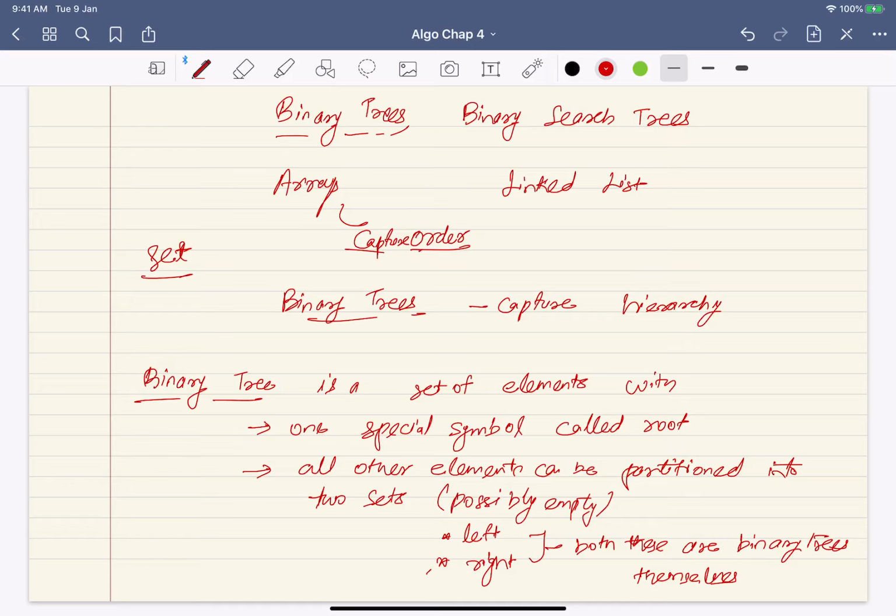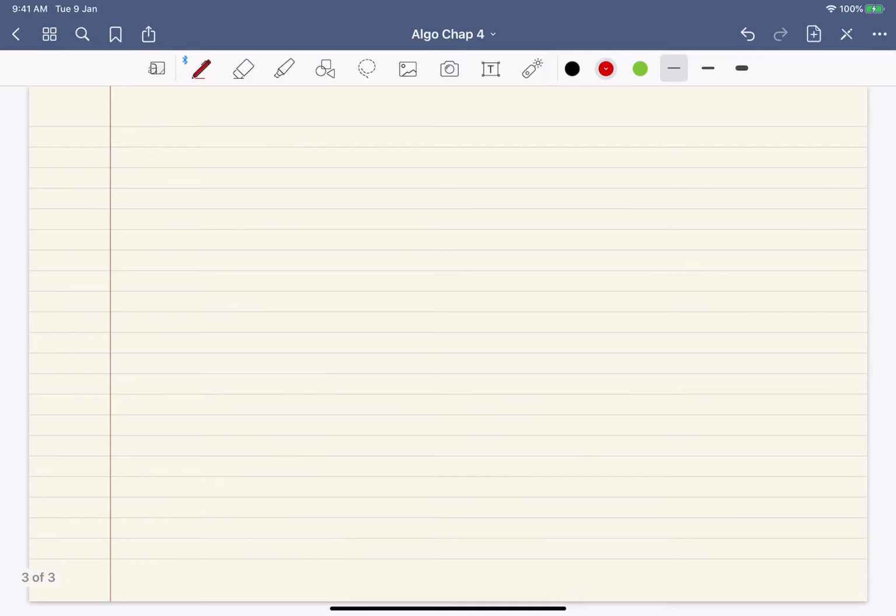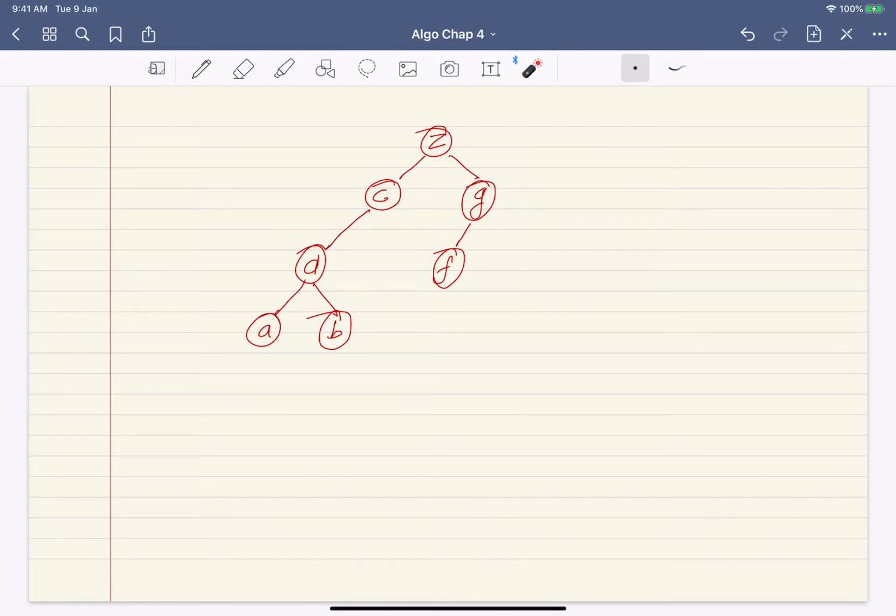Now let's take an example. How does a binary tree look? Let me draw a binary tree. These are the elements: Z, C, G, F, D, A, and B. So you see there are 1, 2, 3, 4, 5, 6, 7 elements.